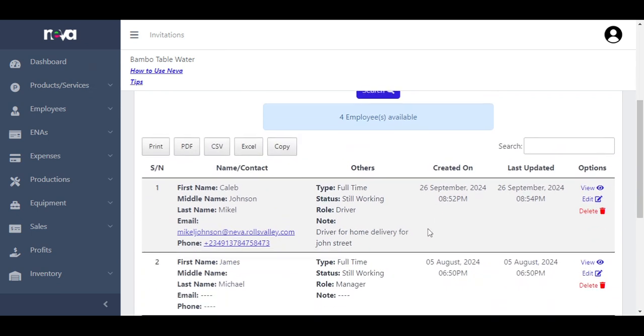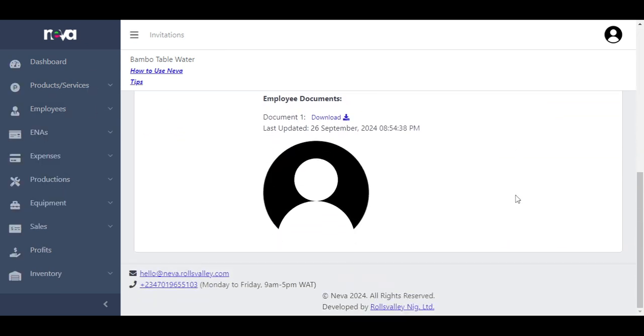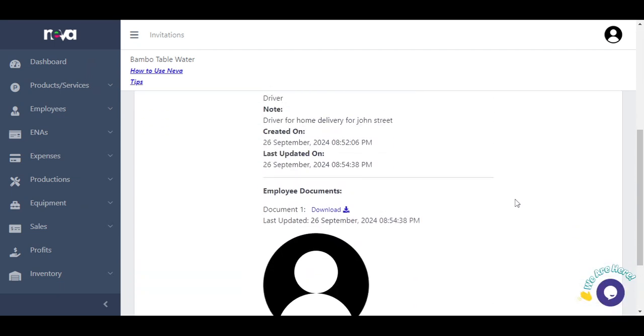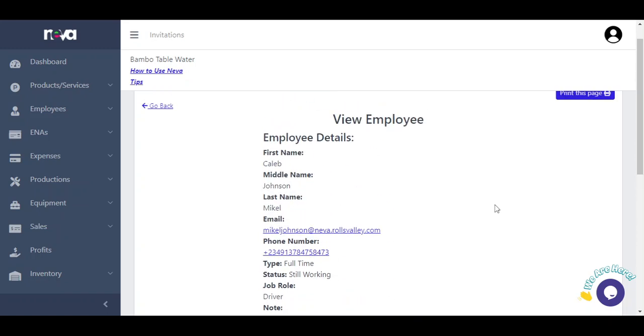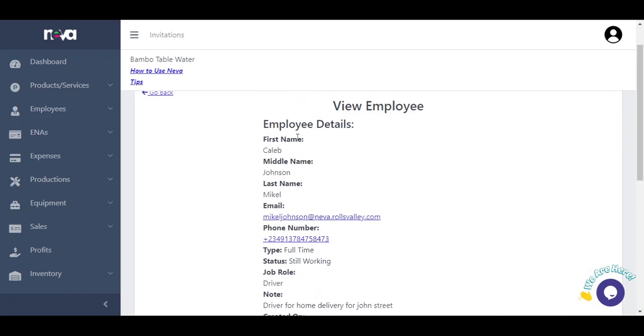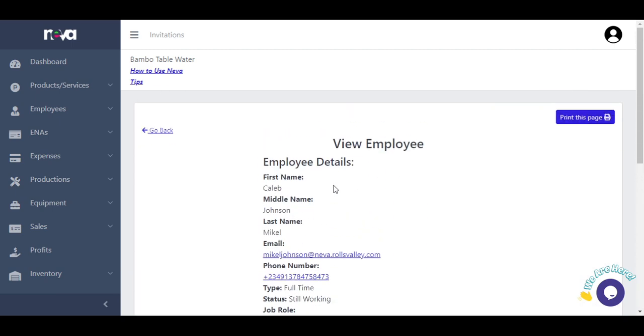You can see that the employee has been successfully updated. Once we click view, you can see that the employee's details have changed. Once we click on this, you can see that the passport photograph has been replaced with this, and it shows you the timestamp of every single thing. Once we click on go back,